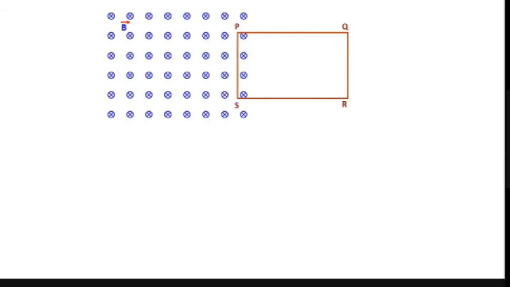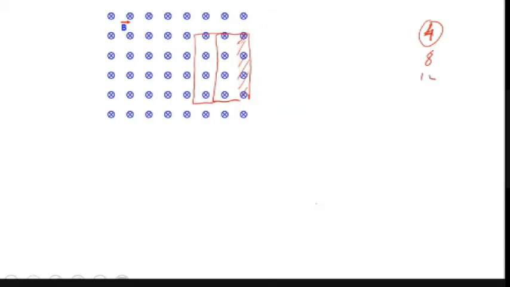Now, suppose I'm just quantifying the magnetic field. Suppose there are 4 crosses associated here. So initially, the magnetic field associated is 4 units. Just take an example. See here, this is the area associated. There are 4 crosses, so I'm taking it as 4. Now, as I move inwards, how much is the field associated? 8. Now, as I move further, again, now it is 12. So this is the first case.